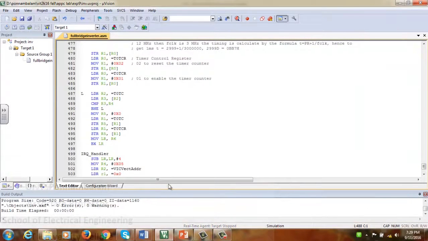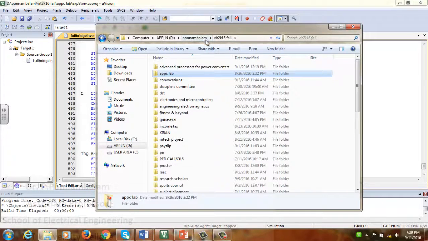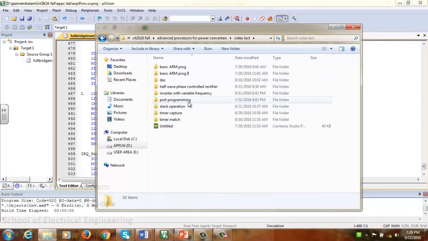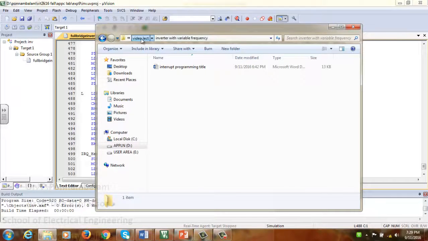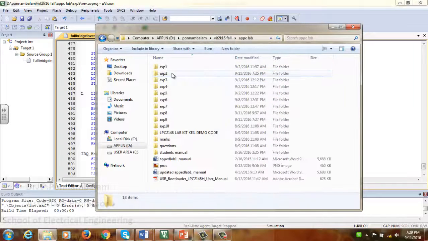And coming to the hardware, when you are putting this particular program into the processor board, you need to find out from which pin you will have to take the output. For that, let me get into the blue board schematics.